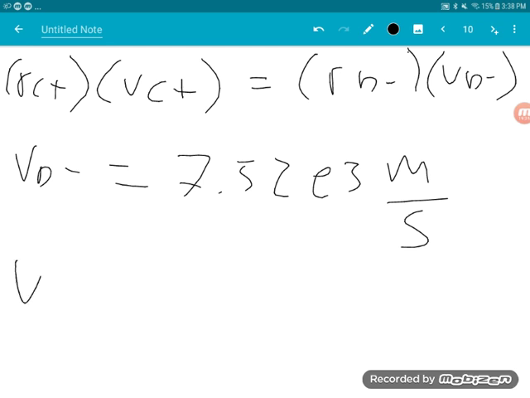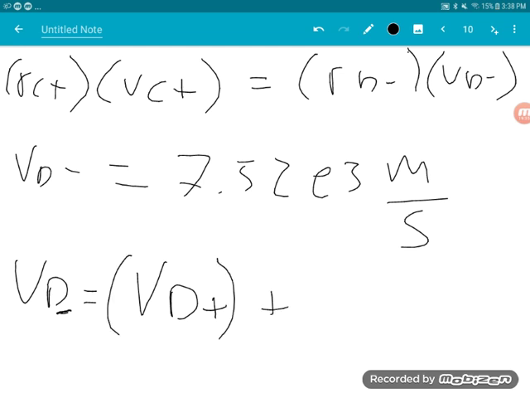Now, VD minus is equal to VD plus change of VD. We know this, but we don't know that or that. So what do we need to do? Well, we need to do the exact same thing we did for point B,